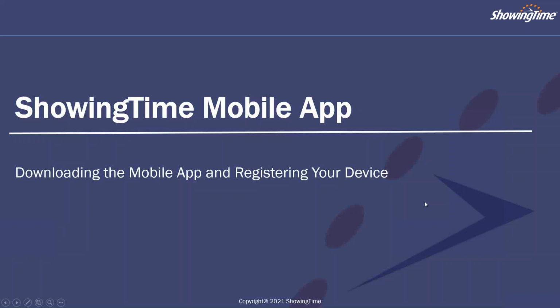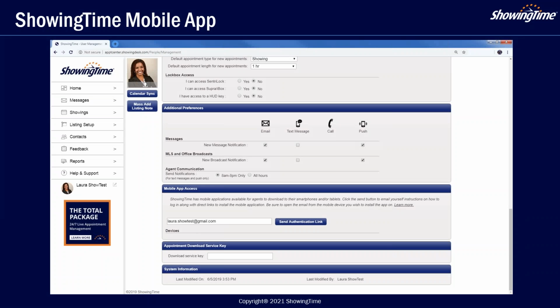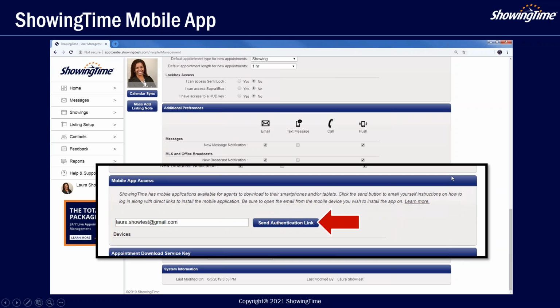All right, next we'll walk through how you can easily get our mobile app installed on your devices. Again, we highly recommend you take advantage of our mobile app. Many great features in there for you. And with ShowingTime for the MLS, there is no username or password. If you subscribe to one of our premium products, there is. You do have a username or password. But either way, no matter what showing solution you subscribe to, this is a great way to get yourself easily